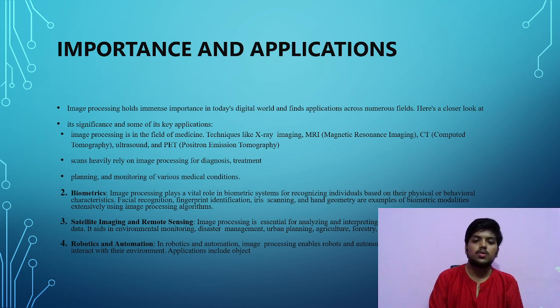Robotics and automation. In robotics and automation, image processing enables robots and autonomous systems to perceive and interact with their environment. Applications include object